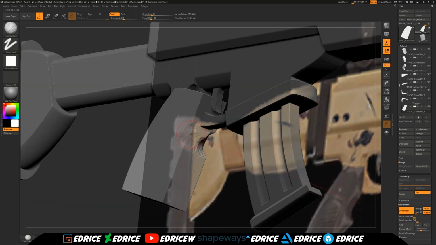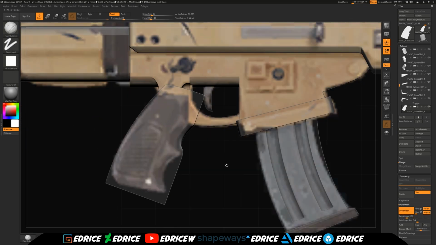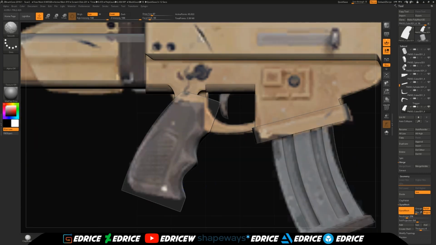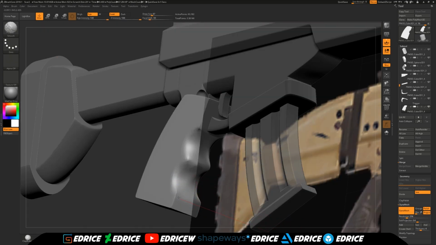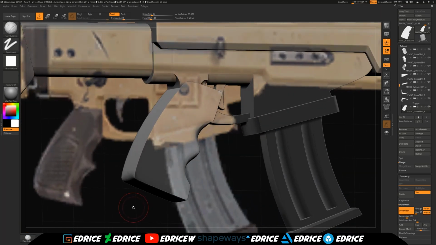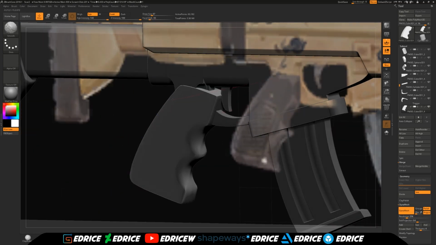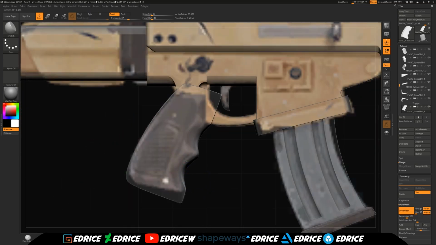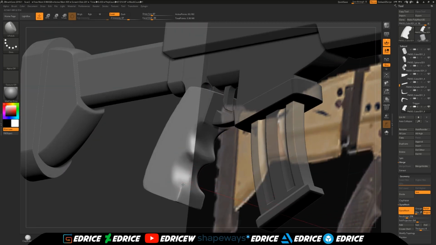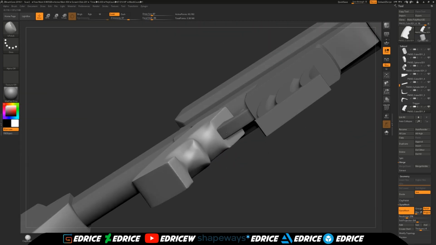Turn on symmetry. It's going to make things a lot easier. And with the clay build-up brush, I'm starting to carve in, carve out. I'm starting to carve the shape of the handle. Then with hard polish, I'm trying to clean that up. Trying to round off. Not sure of the shape, the actual volume, just looking at the reference. So I'm trying to make it